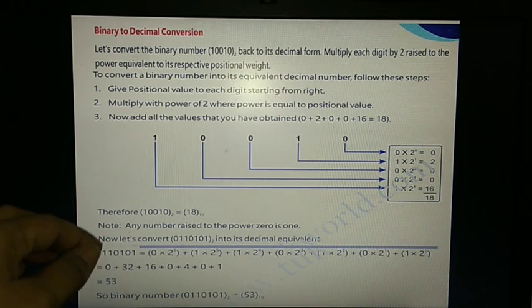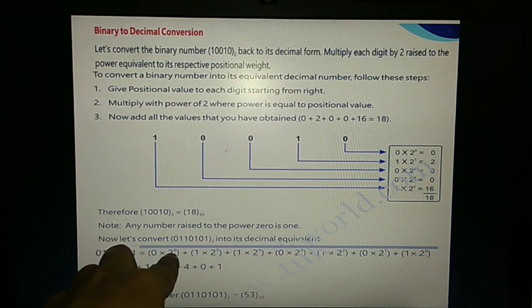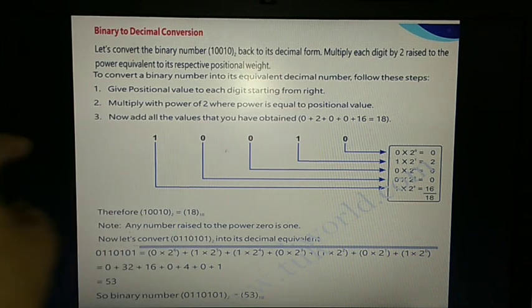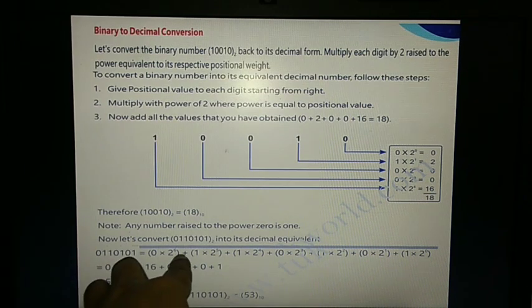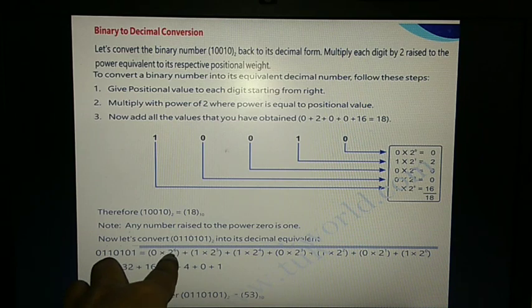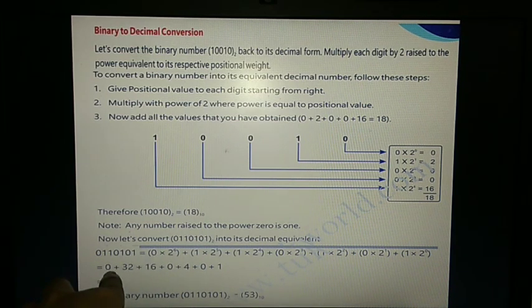Now you are supposed to calculate. Okay? You are multiplying 2 six times. That is 2 2s are 4, 4 2s are 8, 8 2s are 16, 16 2s are 32, 32 2s are something. Okay? So, what value you are getting? Into 0. That is giving you a 0 only.